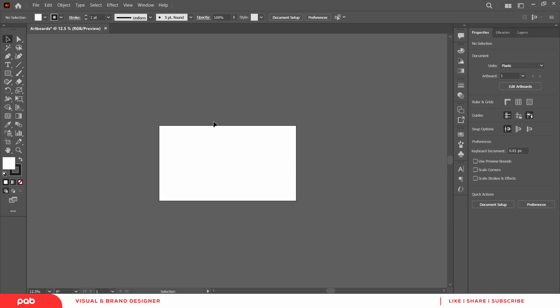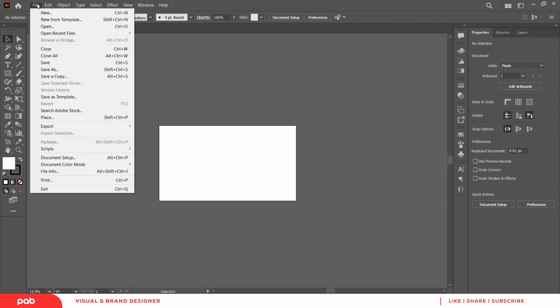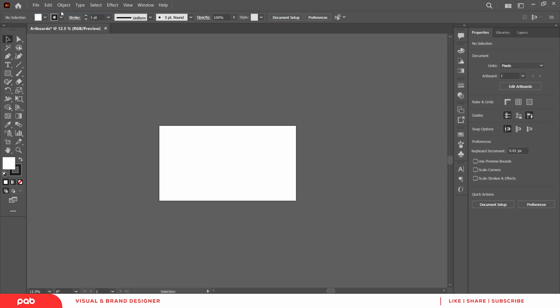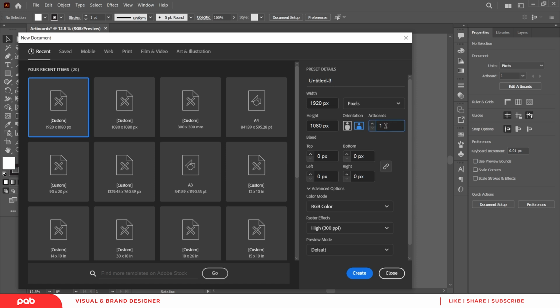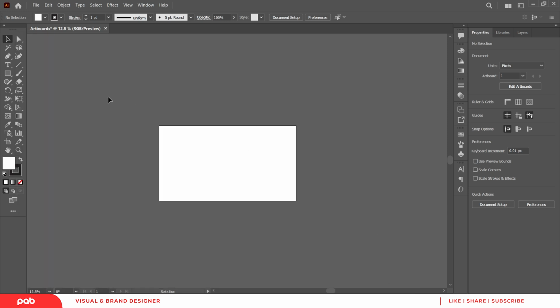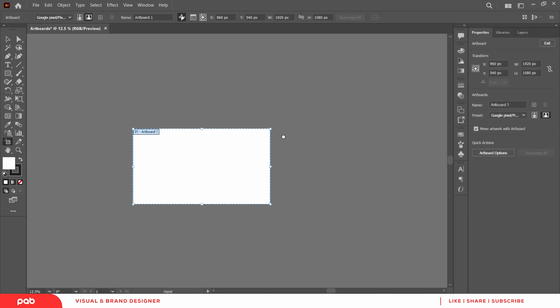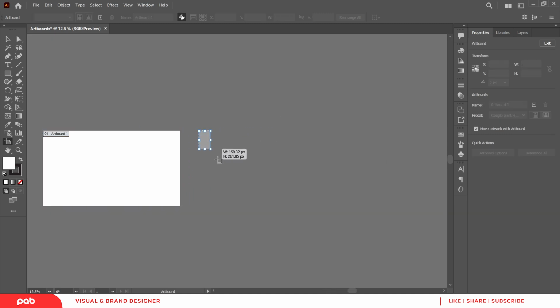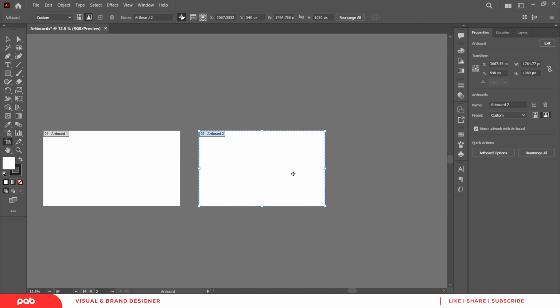So first, there are different ways to create one. Like I showed the first time, you can come to New. In this dialog, you can also specify how many artboards you want and the rotation. That's the first way. The second way is you click on the artboard tool or press the shortcut Shift O. With that method, you have to manually draw your artboard like this. The disadvantage of that is that